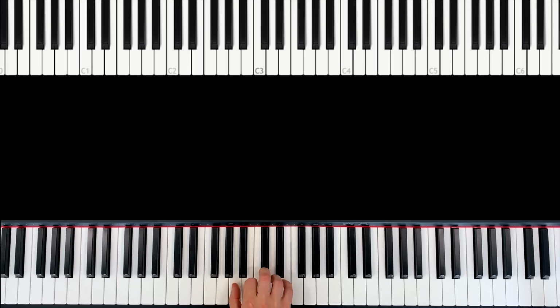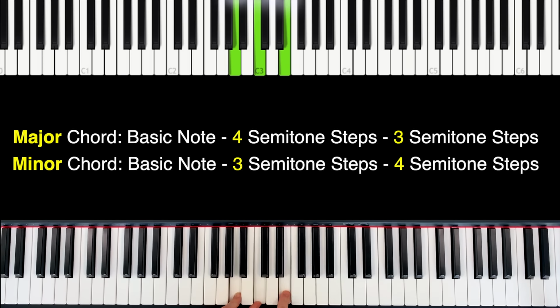And if you want to, you can practice this chord now as well by repeating it and trying to play it very nice and clean. But I also want to show you how you can find a minor chord. And here it's exactly the opposite, because we start the same, A, but now we start with 3 halftone steps, 1, 2, 3, and then 4, 1, 2, 3, 4. And this is an A minor chord.